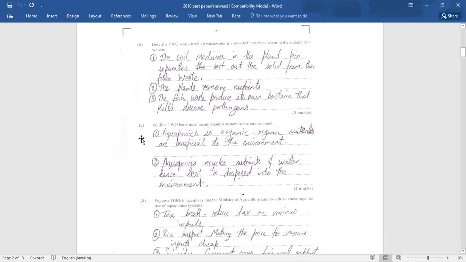Alright, let's go to C of question number 1. Outline 2 benefits of an aquaponic system to the environment. Number 1, aquaponics is organic. Organic materials are